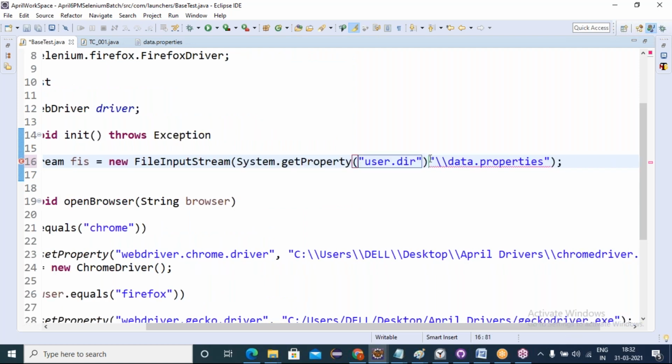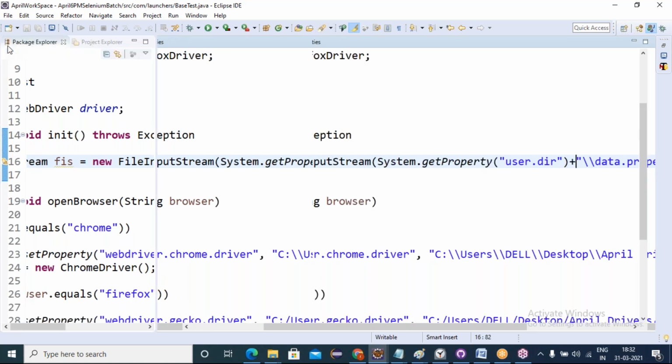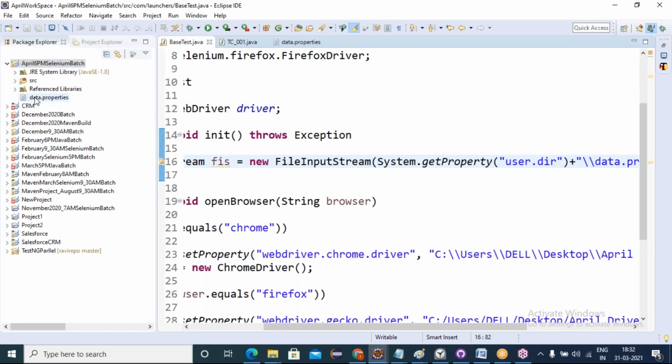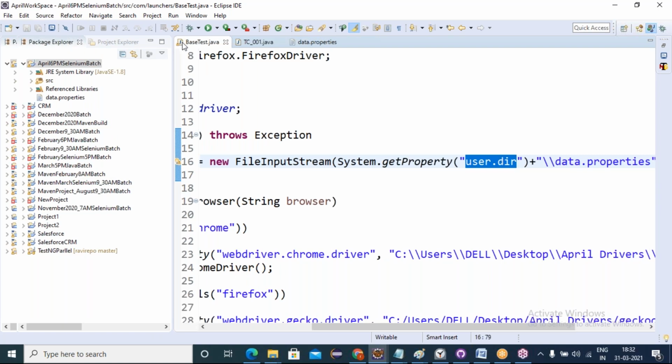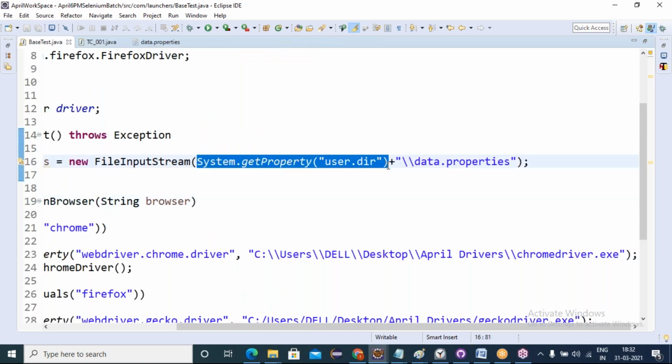From there, I must concatenate with this file. Once I get my project root directory dynamically, my job becomes easy to get this file. Agree or not, friends? That's what I did. To get my project root directory dynamically, I gave this statement: System.getProperty, with the standard keyword in lowercase, user.dir. It gets the project root directory up to this D drive, whatever folder the project is in. Under this only the file is there. I concatenated the file name.